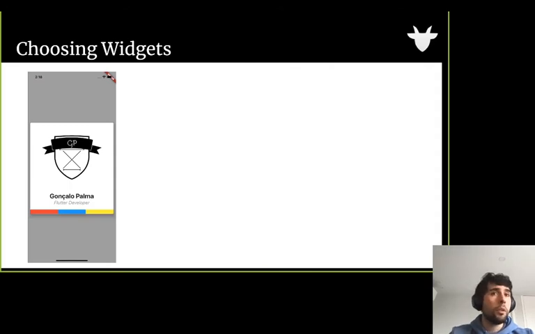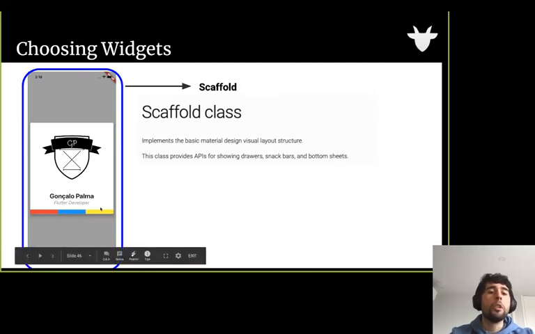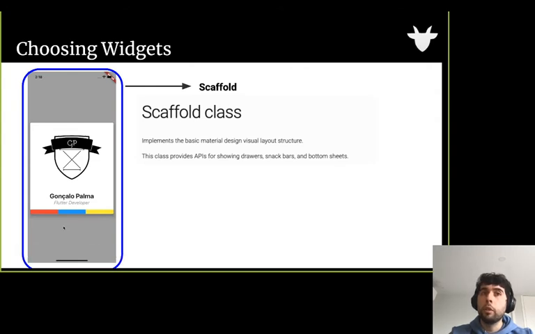The first thing that we need to see is that in Flutter, most widgets that are going to be full page use a scaffold widget. What is the scaffold class? A scaffold class is a class that knows how to position certain elements on the screen. So for example, if we want to display an app bar here at the top, or if we want to display a floating action button at the bottom, or even a bottom navigation bar, this widget knows how to display them and where to display them.